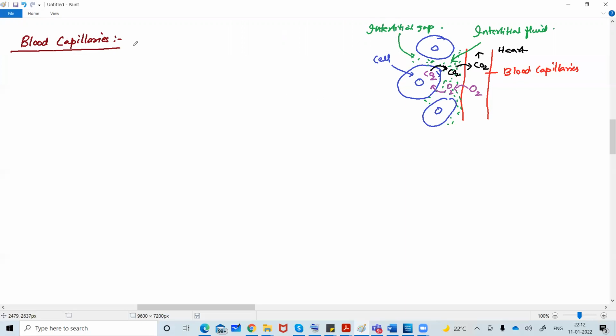Right? So blood capillaries are the thinnest. So the first point you can say is that it is the thinnest blood vessel. If I'm saying thinnest, there is a diameter. Diameter is around 10 micrometer. It's very small, and each